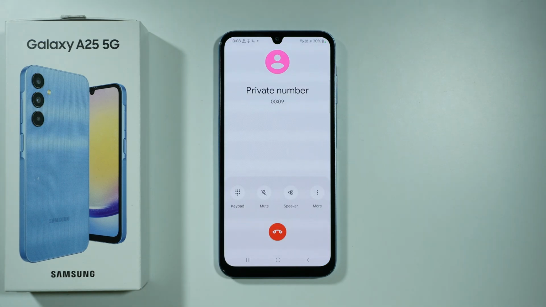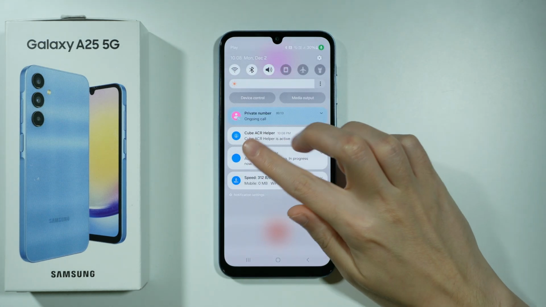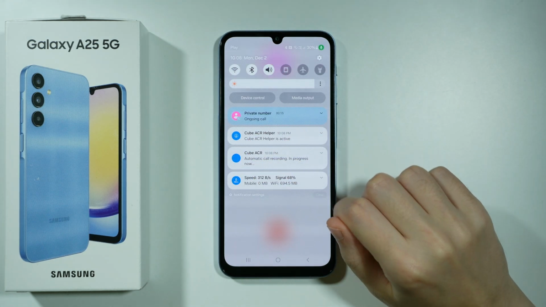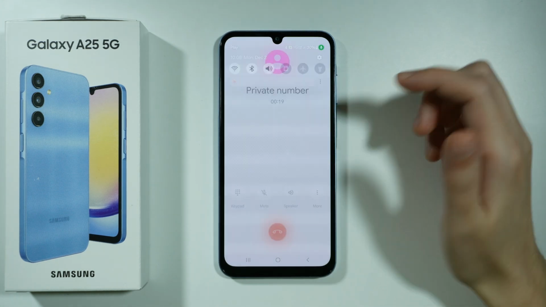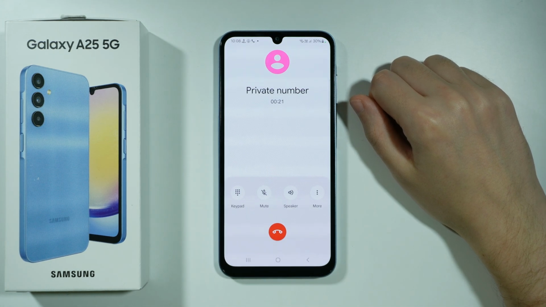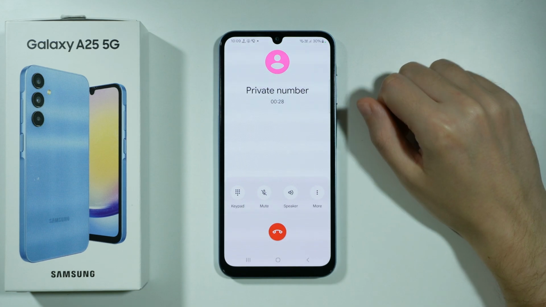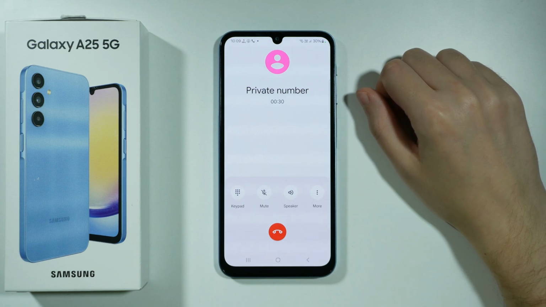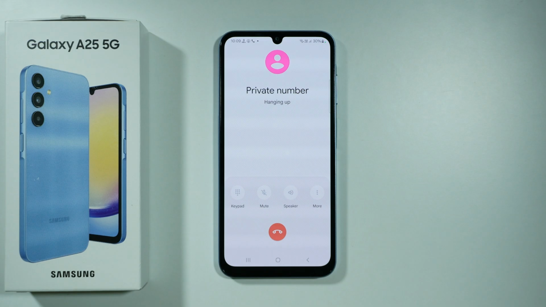Alright, so after answering the call, we can open notifications to find out that the Cube ACR is recording. We have automatic call recording in progress now. So this means that we don't even have to enable anything in order to record calls. Of course, if you want to, you don't have to have this option enabled or make the app stop recording automatically if you don't want it, right, to record by itself. So let's actually hang up,